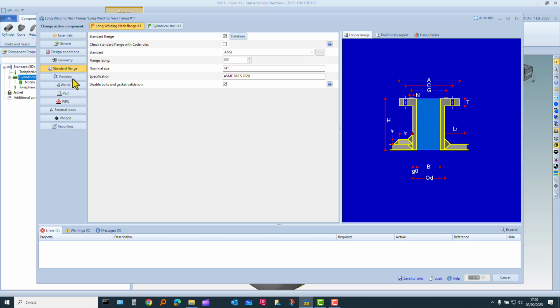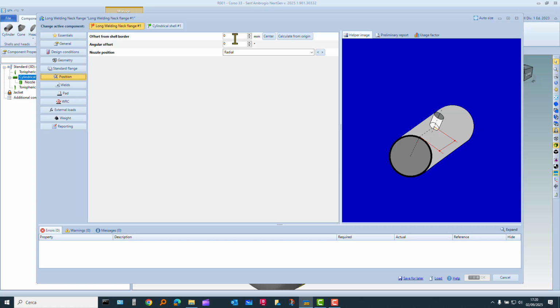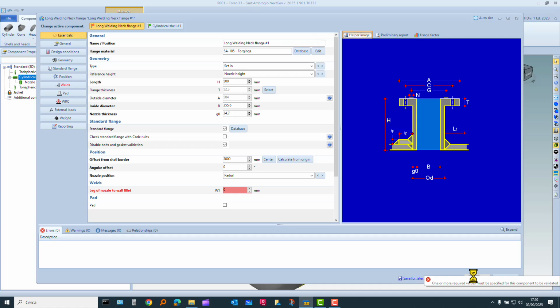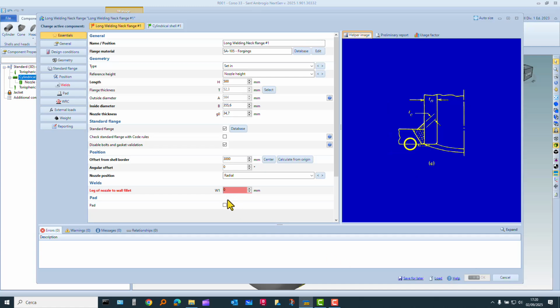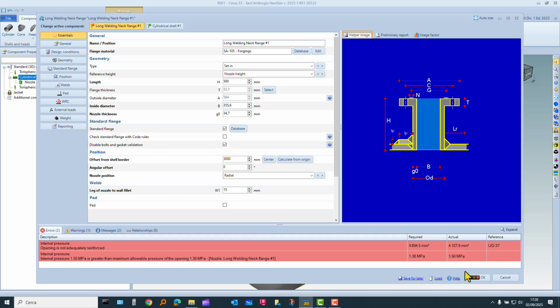So we still have to define the position of this, always oriented to the north, but of course at a certain distance with respect to the preceding nozzles. We say 3000 millimeters from the edge. Let me check, well, there is something more. The leg of nozzle to wall fillet, also in this case, we say 15 millimeters. And now check, well, okay, the standard